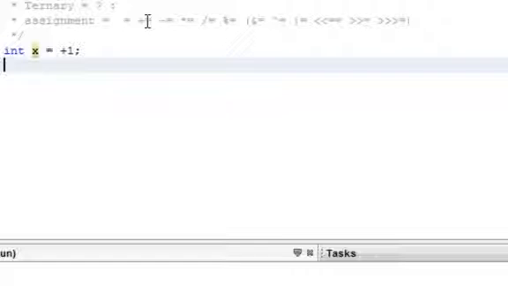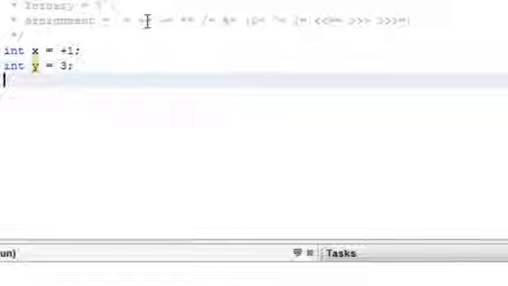Now let's do an int y equals 3. Okay, now we have two of these, and let's do an if statement, which we're going to go over